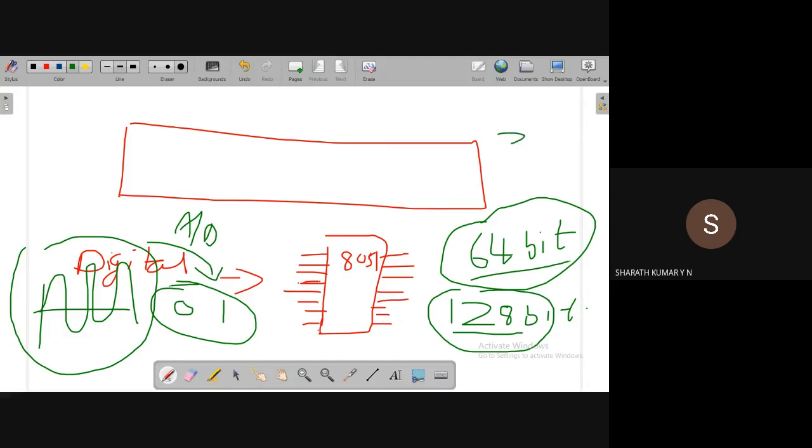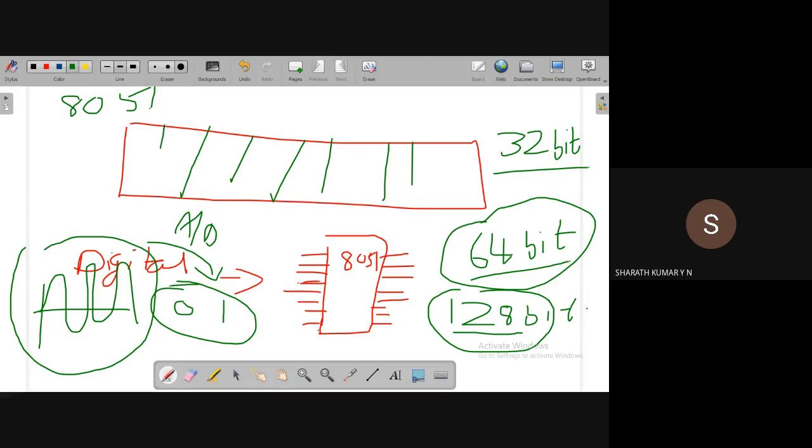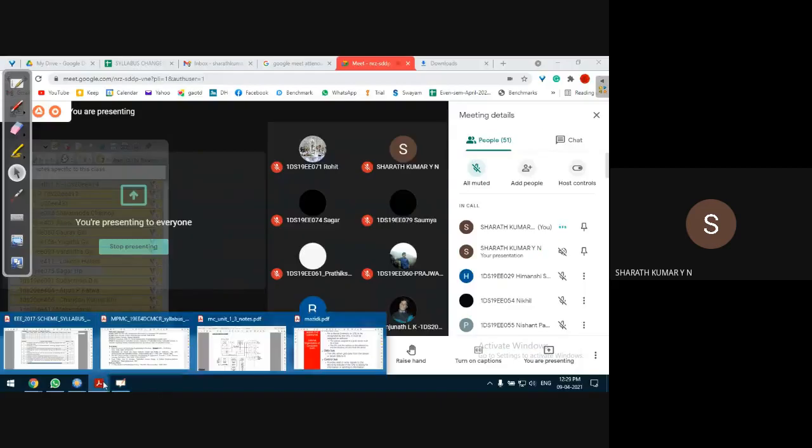Similarly, in older systems, you must have heard of a 32-bit processor, which means it can accept 32 bits of data. Likewise, the 8051 microcontroller can accept 8 bits of data at a time, that is bits 0 to 7. What is the significance of this 0 and 7? One end is the LSB, the other end is the MSB. That's all, but it is very important nonetheless. So it can accept 8 bits of data. The 8051 microcontroller is an 8-bit processor, an 8-bit controller.